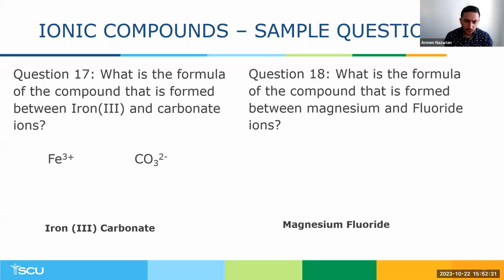So what is the compound formed between iron 3+ and the carbonate ion? You can say that for every 2 iron ions, you would need 3 carbonates in order for the charges to be fully offset. Is there a quick way to know that? Yes, you can use iron's charge as a subscript for carbonate, and vice versa. So iron's charge could be a subscript for carbonate, and carbonate's charge could be a subscript for iron in the newly formed product.